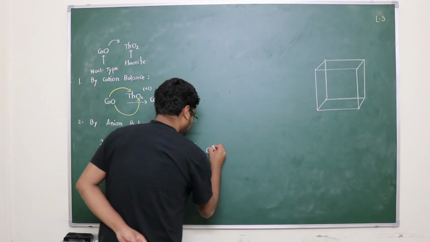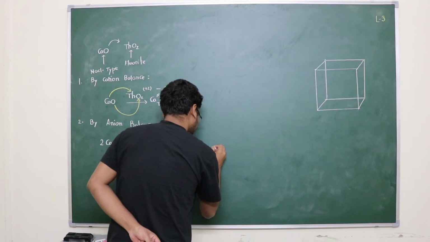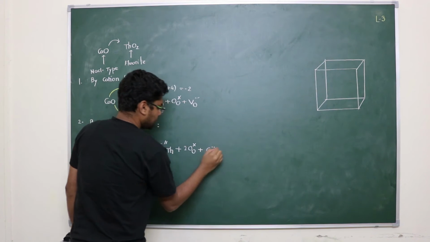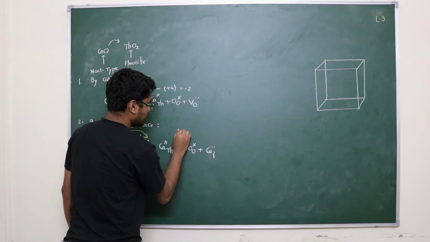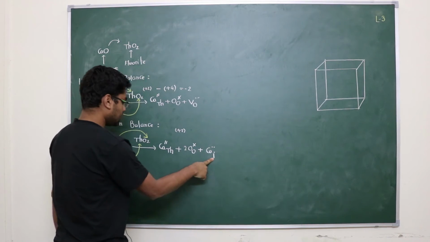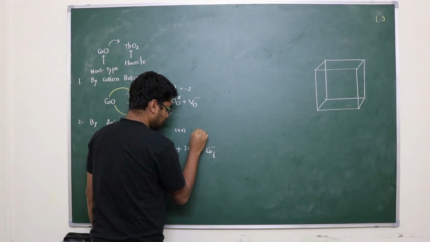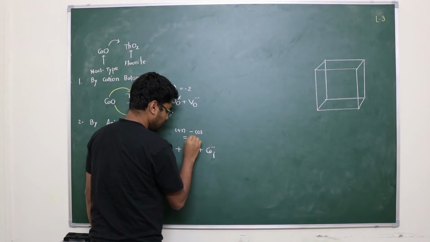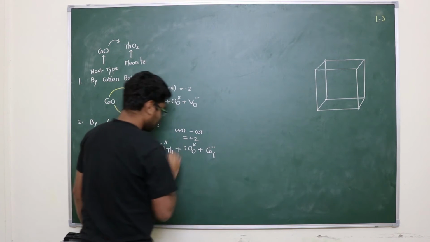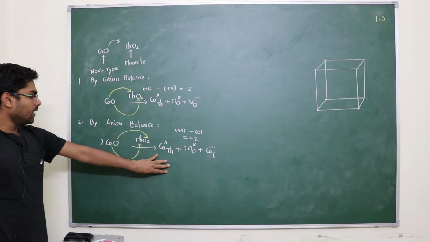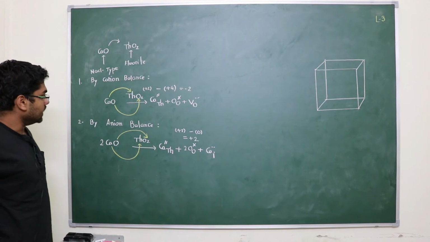This will be 2. How am I writing this? The charge of calcium is plus 2, and if we assume that interstitial position has no charge, let's say 0, so overall charge will be plus 2. So here also, from charge neutrality point of view, the reaction is balanced. Now,